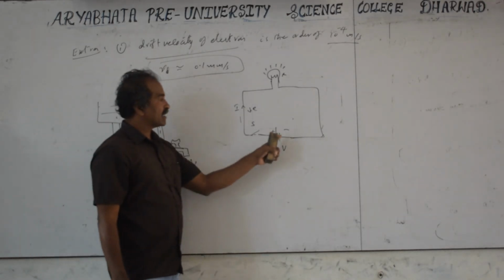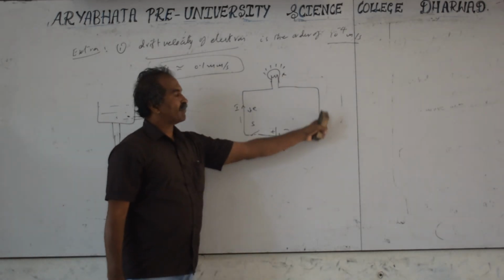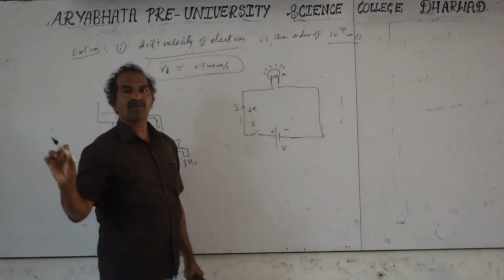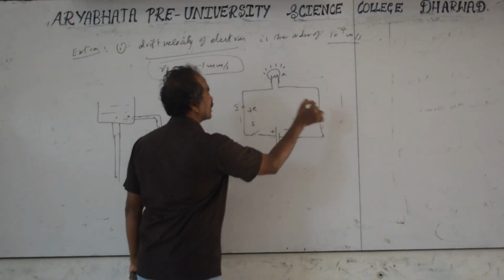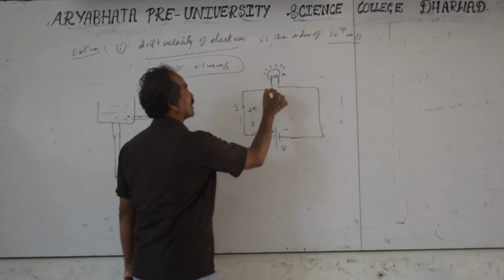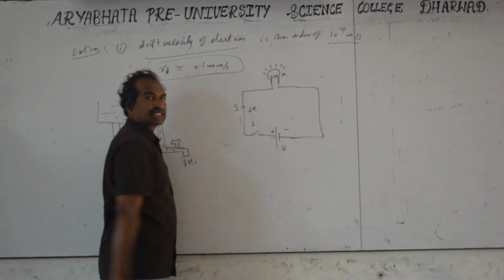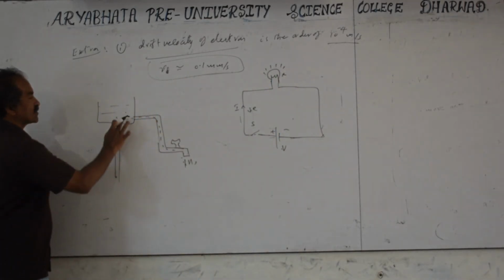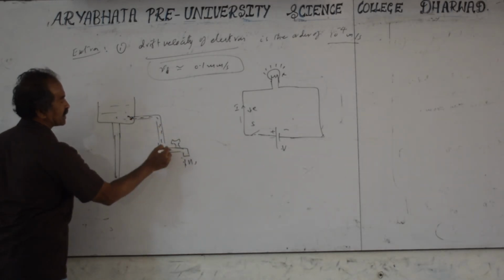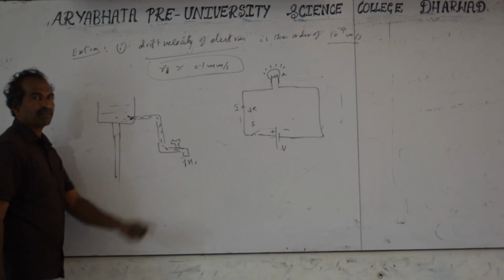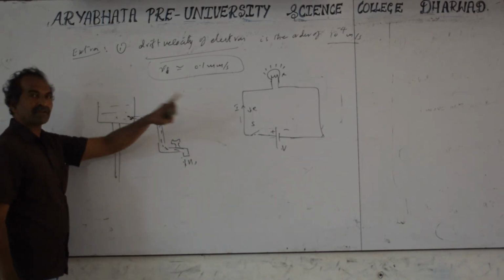Current is compared to water flowing in a pipe. It is like a pipe already filled with water. When you connect the battery, the electrons already present here produce the heat, which is converted into light energy. If the pipe were empty, it would take some time to fill the pipe and then the water would come. But a conductor is not like that. In a conductor, electrons are already present everywhere.